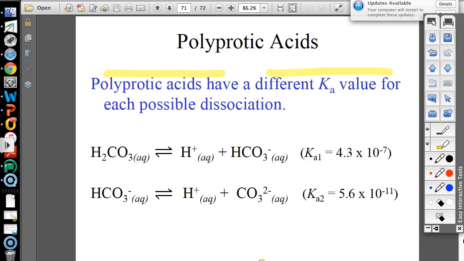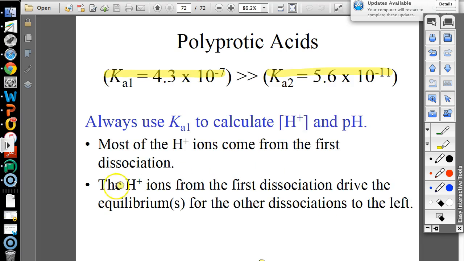Okay, so if you want to calculate the pH of a solution of 1.2 molar carbonic acid, you're going to need to set your ice table and everything equal to this first one. That second one doesn't mean anything. It's so weak it doesn't matter. Okay, so anyway,